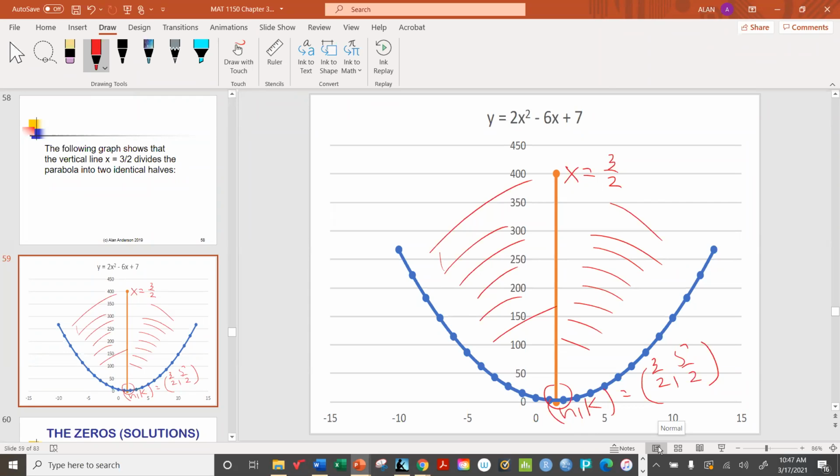All right, the zeros or solutions just come from the quadratic formula, and the y-intercept, let's see if we can find the y-intercept. That would simply be the point where x equals 0. So you'd have y equals 2 times 0 squared minus 6 times 0 plus 7 equals 7. So the point,